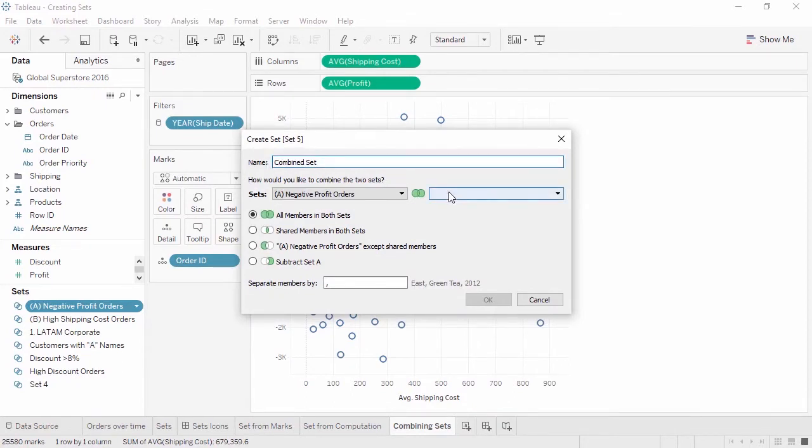Select the second set from the drop-down. Note that not all of our sets are listed. If the second set we want to combine is not available in this drop-down, the sets may not be based on the same dimensions. For example, our set A, negative profit orders, can only be combined with other sets based on order ID,